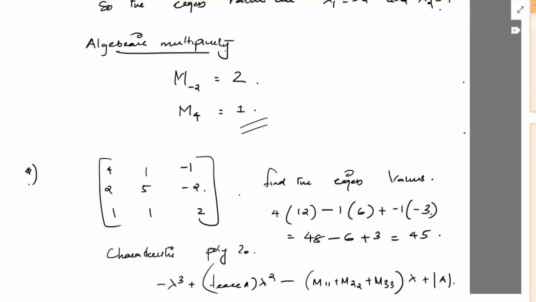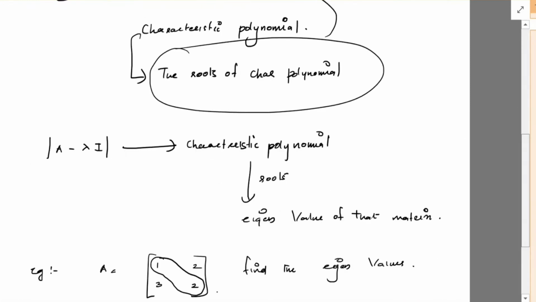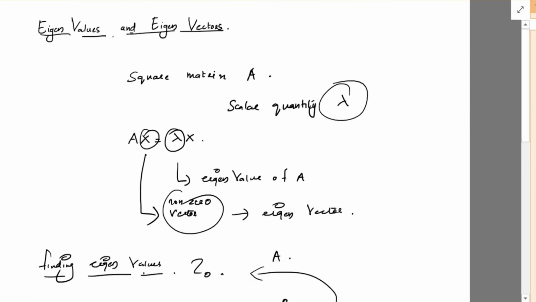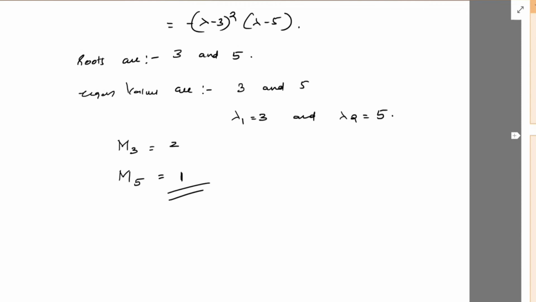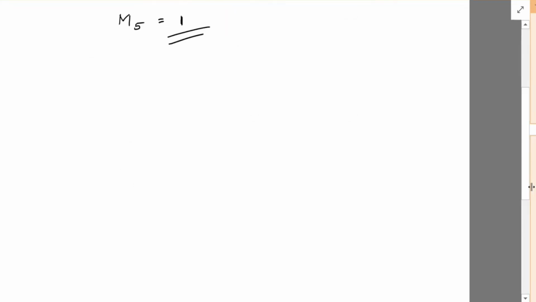Next we have to discuss how we can find the eigenvectors. So we know what an eigenvalue is. What is actually an eigenvector? I said the definition of eigenvalue and eigenvector. If a matrix is given, the equation satisfying Ax equal to lambda x, this non-zero vector x is called the eigenvector, and this lambda is called the eigenvalue.